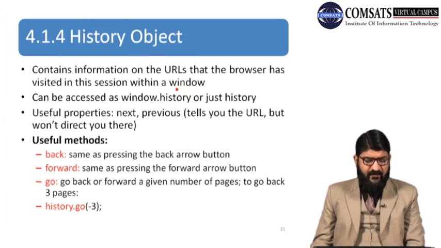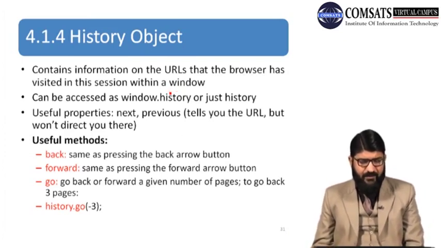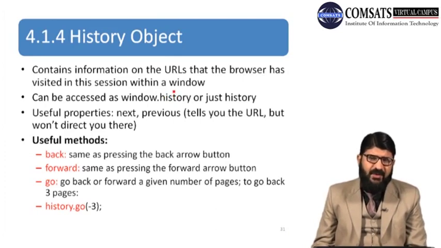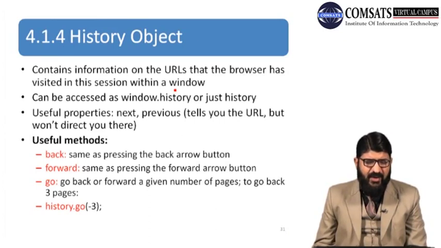And then we have the go method. The go is basically used with back or forward for a given number of pages, either to go back for 3 pages or either to move forward for 3 pages, and similarly as per requirement. And it can also be used as history.go, and where bracket is mentioned and particular ID is mentioned, it means go for the history page number 3 on that particular web page.